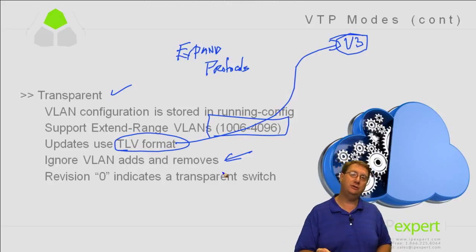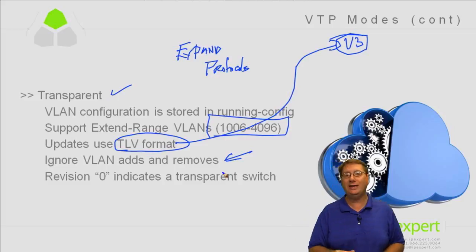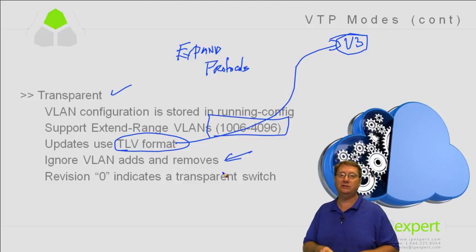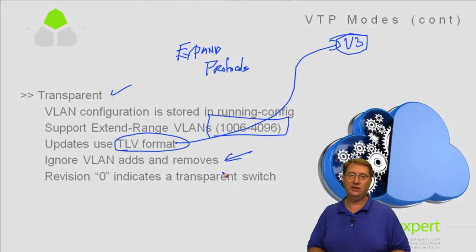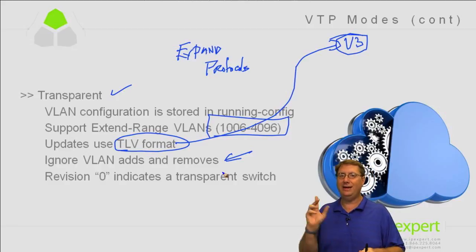However, it's important to understand that if we communicate the existence of VLANs to our neighbors, but we do not create those VLANs on our own device since we're a transparent switch, we can have black holes with regard to actually sending traffic associated with those VLANs. What do I mean by that? Well, my neighbor knows about it and my other neighbor knows about it, and I'm the only